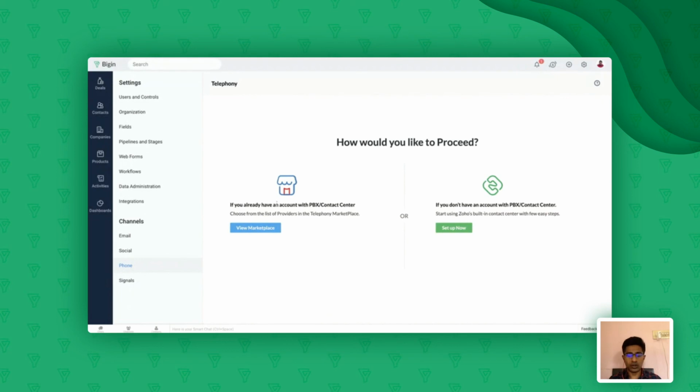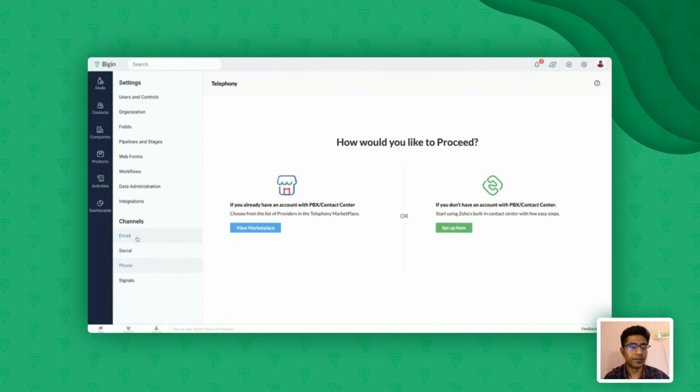If you want to do it from the marketplace, marketplace.zoho.com is where all our integrations are listed out. So you can go to the marketplace and select any of the vendors listed. If you want to have your own PBX service provider connected, then you can go ahead and select this option, which says